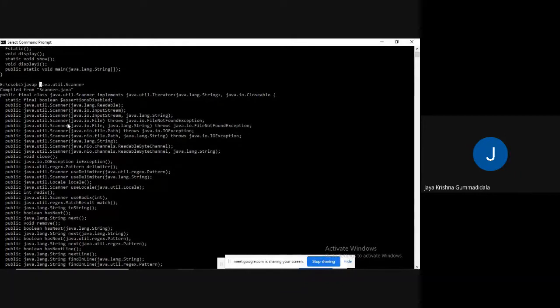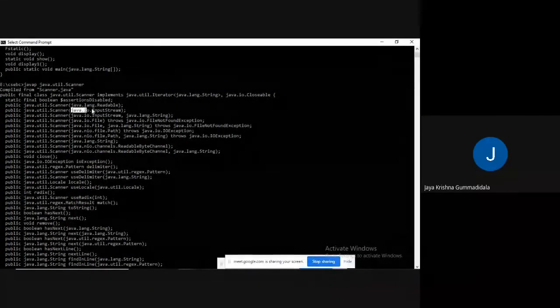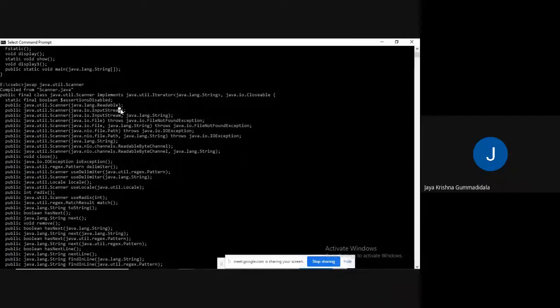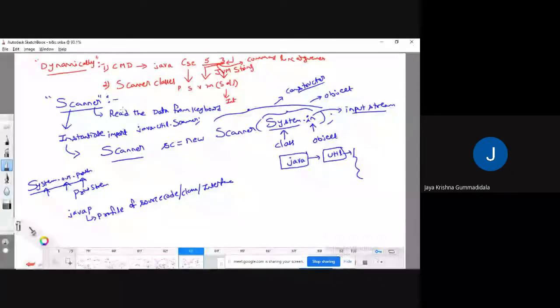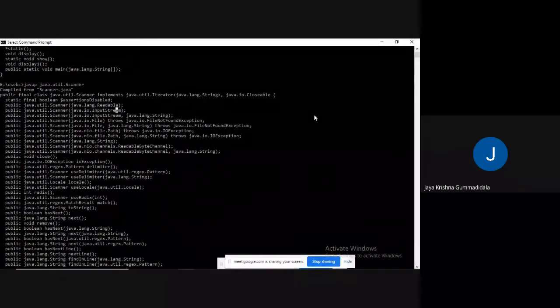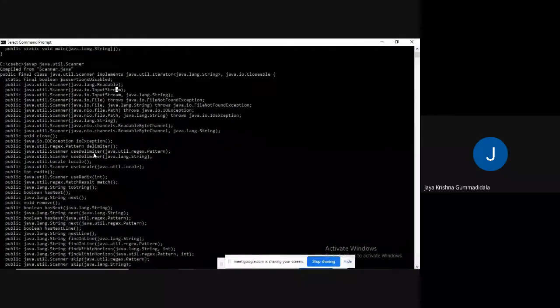See here, there is one public java.util.Scanner constructor. It is going to accept what parameter? An InputStream parameter, java.io.InputStream, meaning that I need to give an object which is going to give some input. That is the reason I have given here System dot in.